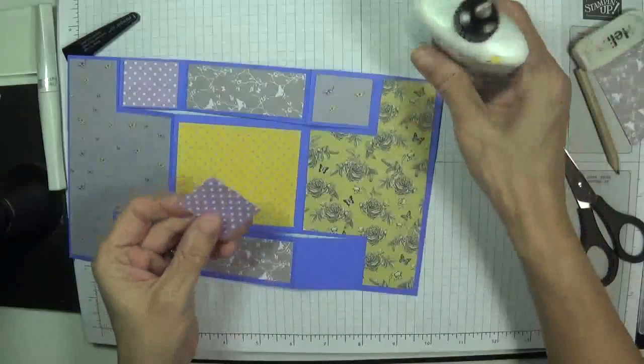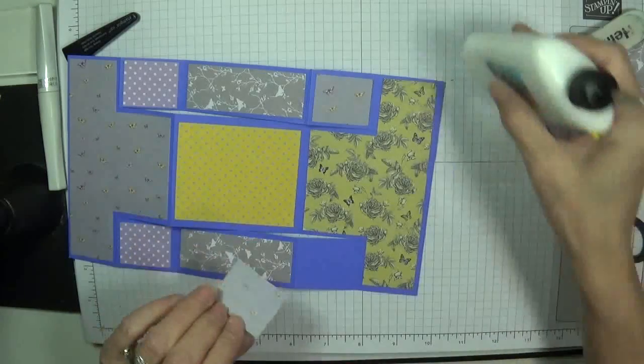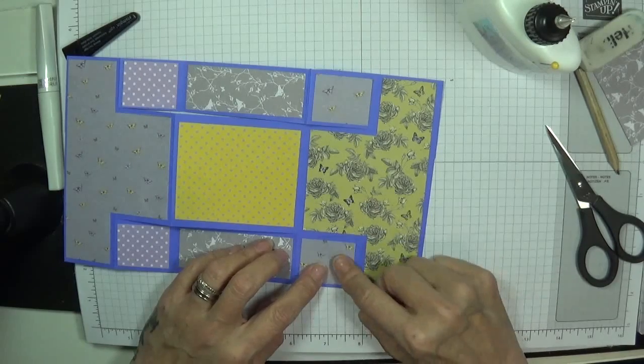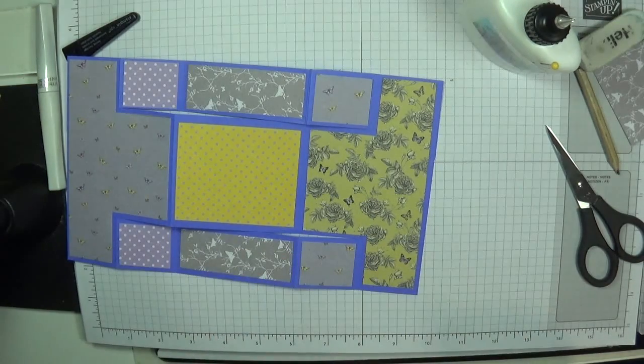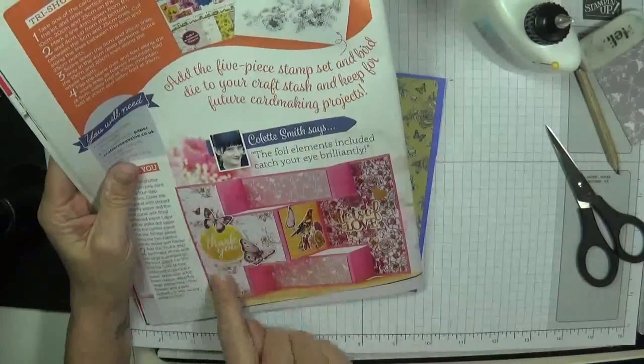Beautiful. So we've got designer series paper now on all our bits, because you want to see the one in the magazine. I'll show you now when I lift it up. Where's the magazine gone? What have I done with the magazine? There it is. So they've got that one, they didn't put no bits on, and they cut those full pieces